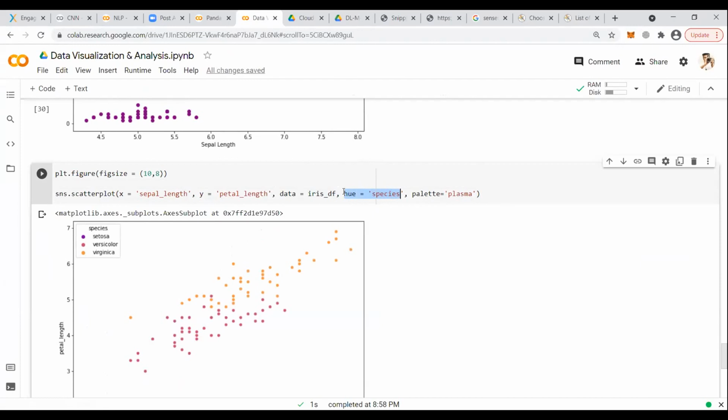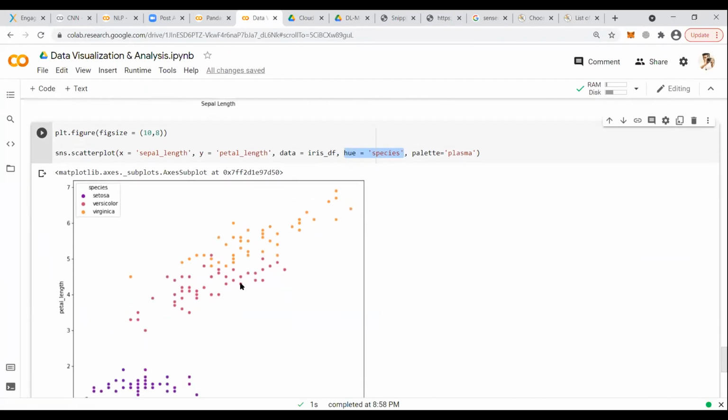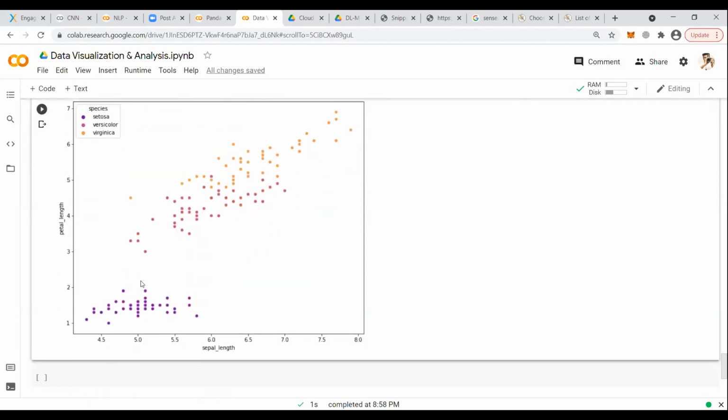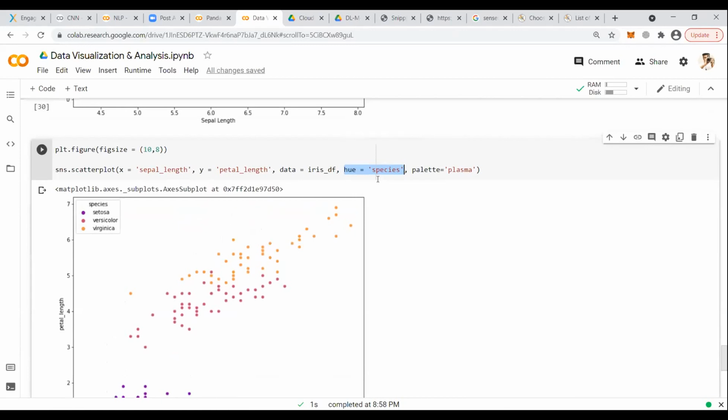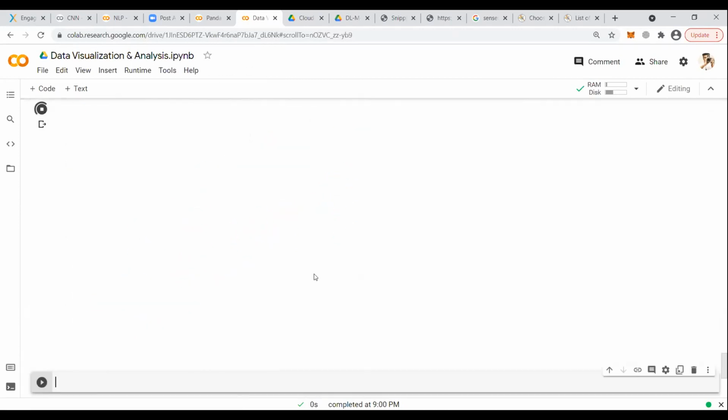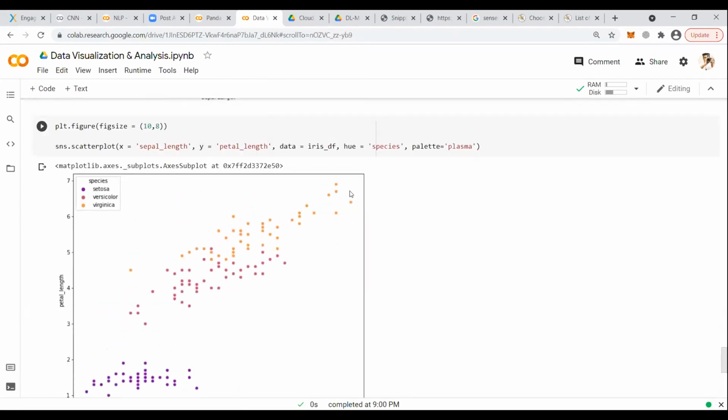Hue is basically categorizing your color as per the species to denote where setosa, where virginica, and where versicolor are residing. Depending upon the hue settings, you'll get all the color options. Basically, it takes any categorical value which will categorize your data to specify where exactly those plots reside.